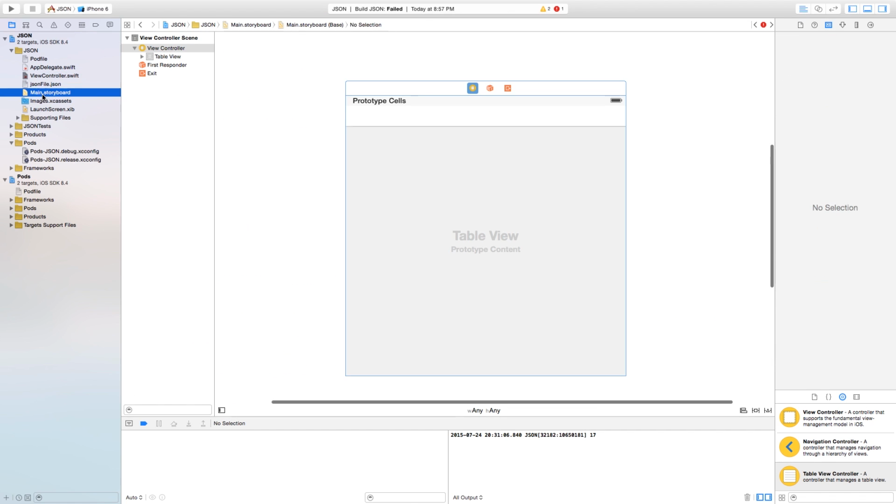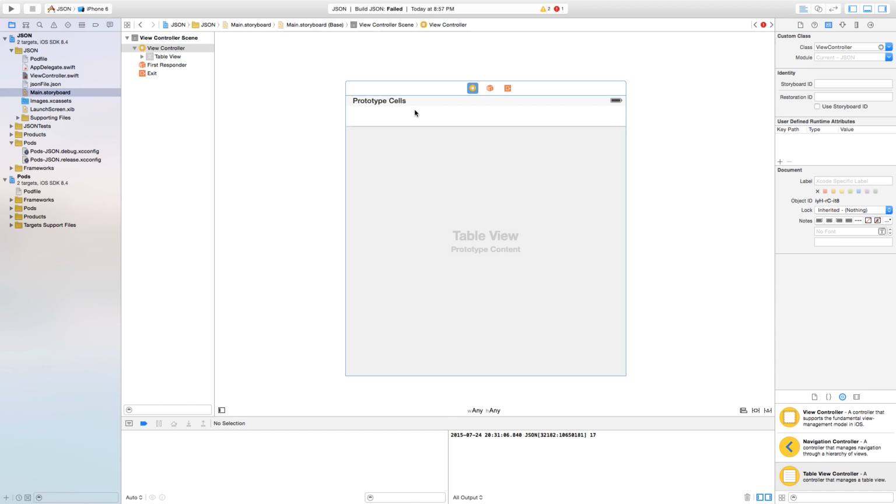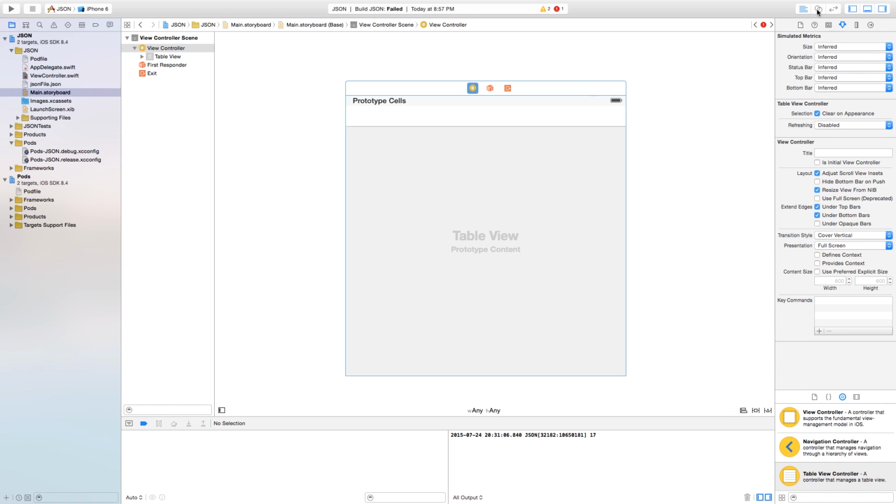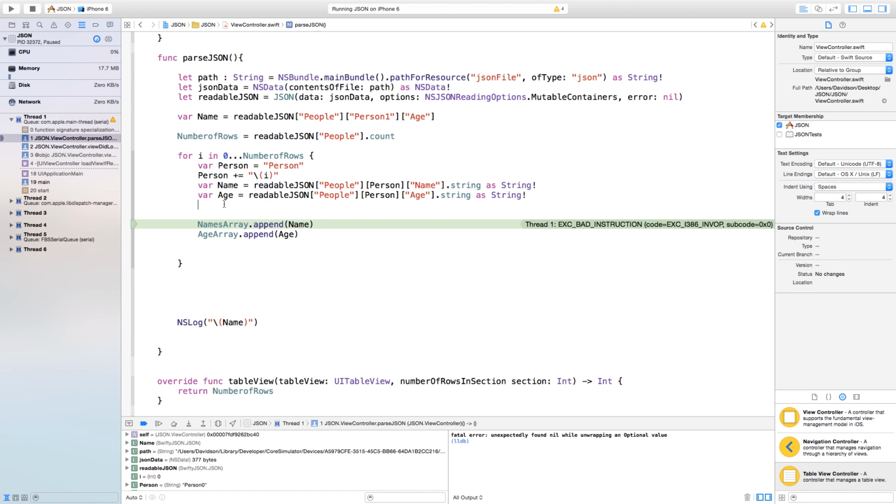And now let's head back over to our main.storyboard, and we can click on our table view right here, and let's head over to our attributes inspector, and right down here you will see is the initial view controller, and we just want to click that. And now if we were to build and run this, this is finding a nil value at the row of 0. So we actually need to go up here, and we're just going to say 1